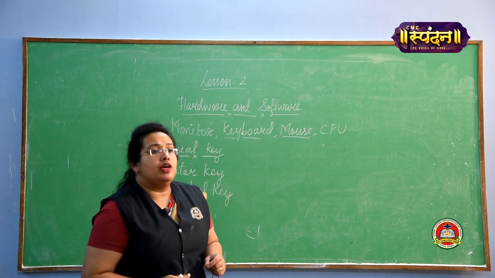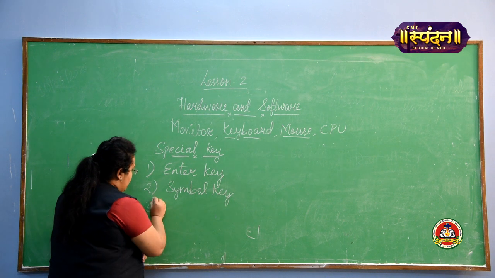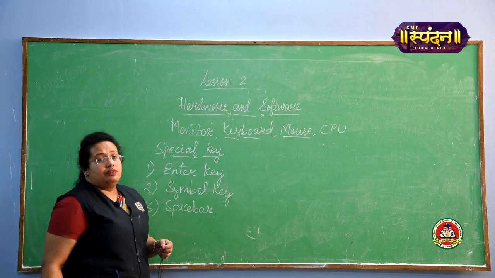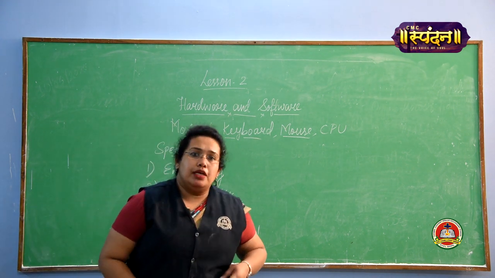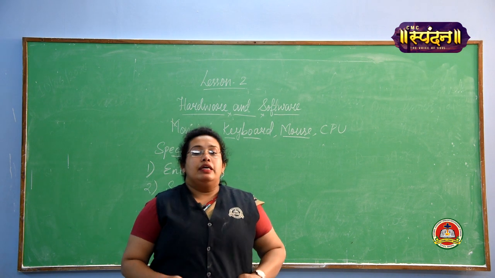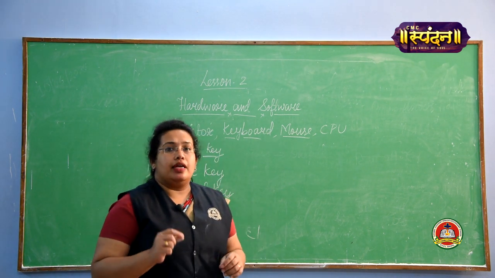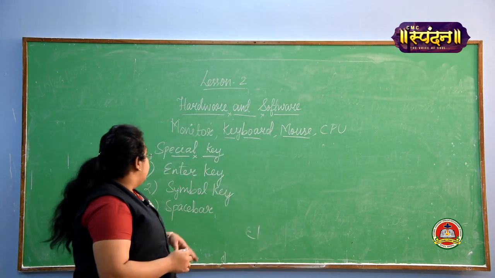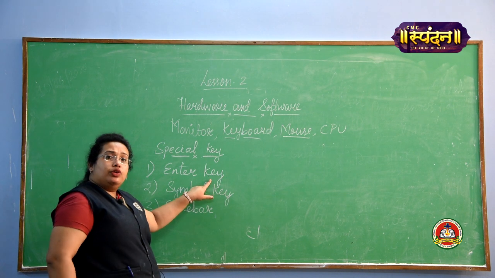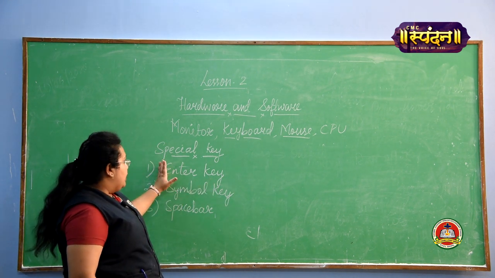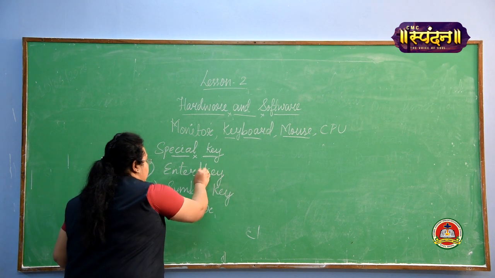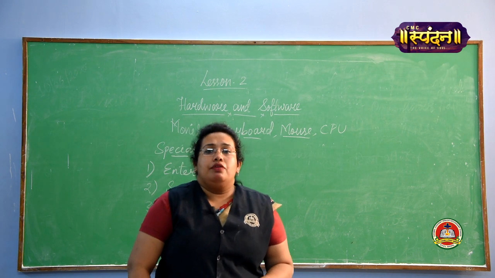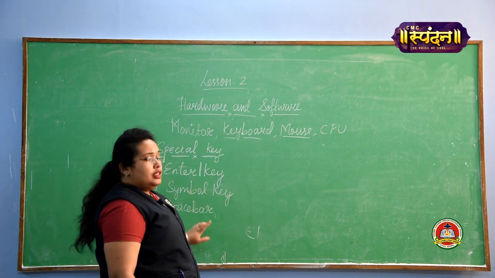Now the next key is known as the space bar key. The space bar key is the longest key on the keyboard. We use the space bar key to give space between any letter, number, word or sentence. When you are typing, like if I have written here enter and key, if I want to type this in a computer, I will type enter, then press the space bar key to give space. So it's clear to all of you what the space bar key is.